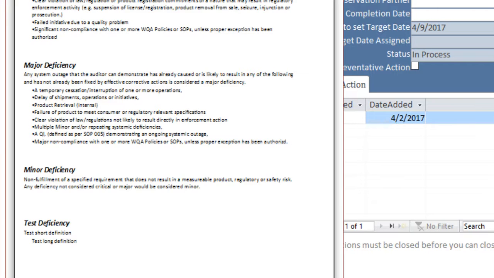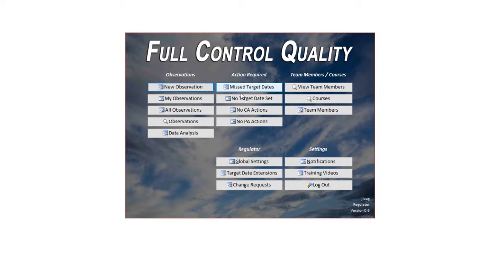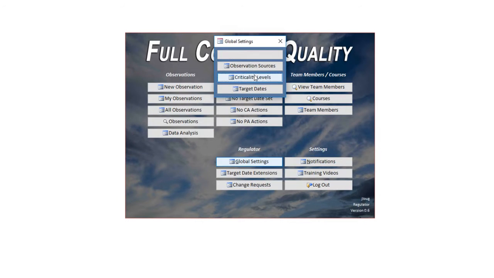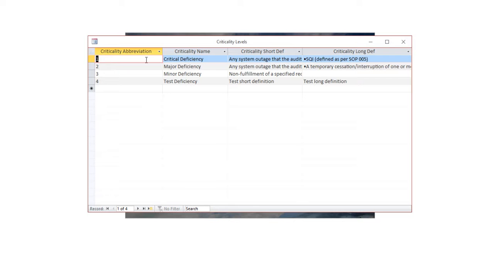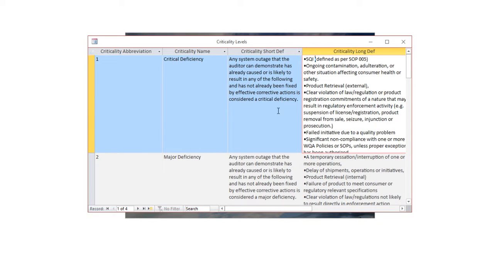So the long definition is really a list of bullet points, and it doesn't really show it very well on the global settings. So I'll go back here, and to see these bullet points a little bit better, what I'll do is I'll expand this and make it bigger, and then you can see these different bullet points in here,